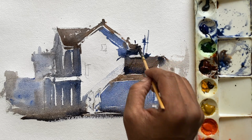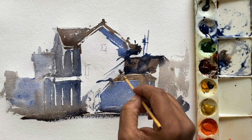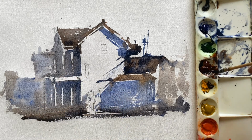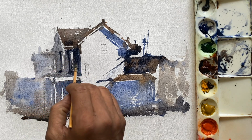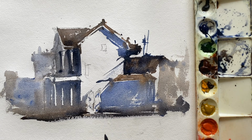If you just follow the rule of depth and light, and where the light is actually falling, these are something which you'll have to master, and this will happen only when you practice all of these on a regular basis. This is not going to work overnight. You need to put your diligent effort into making things more and more